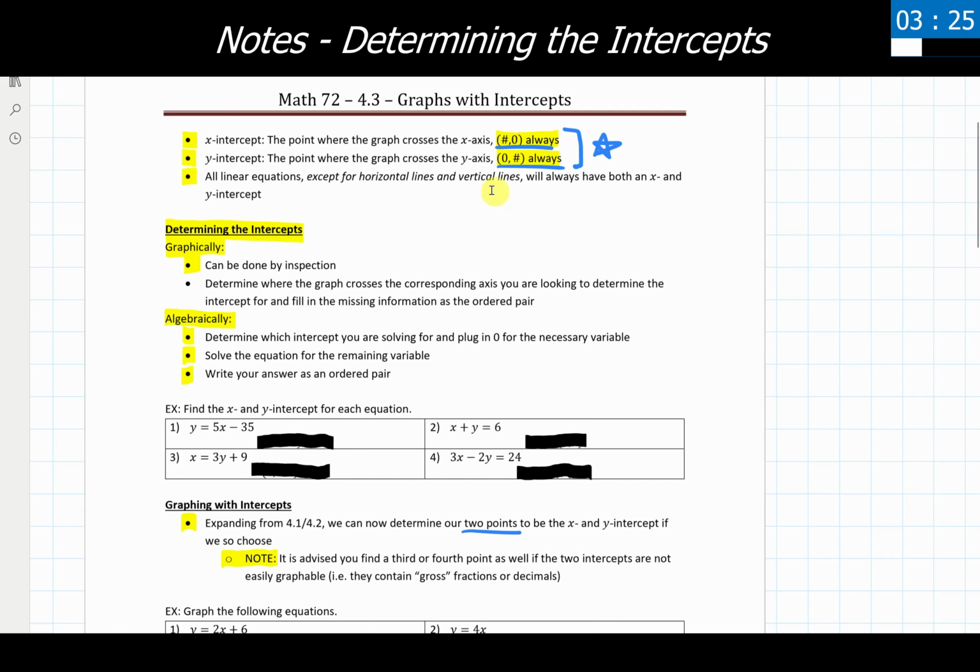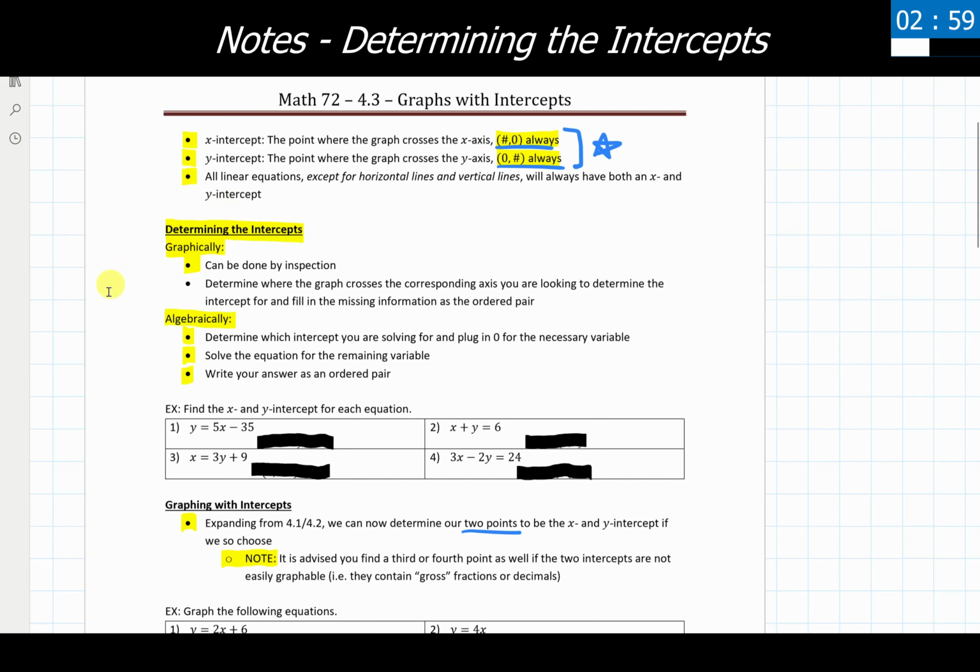Similarly, with a vertical line, it is never always going to be aligned so it will have both an x and a y intercept. It can in some instances, and basically one very rare one, but it is not common with those. So as long as you don't have a horizontal line or a vertical line, you know you are guaranteed that you can find both an x and a y intercept.